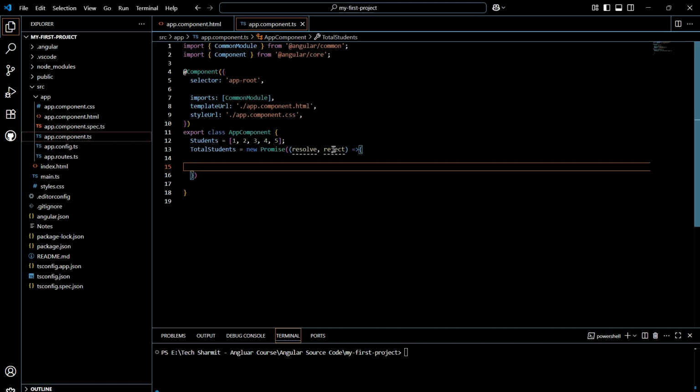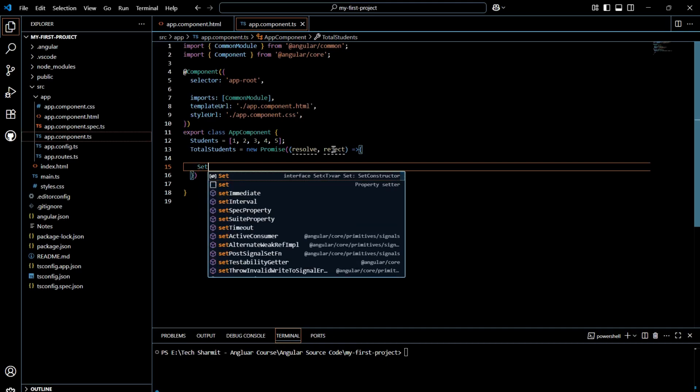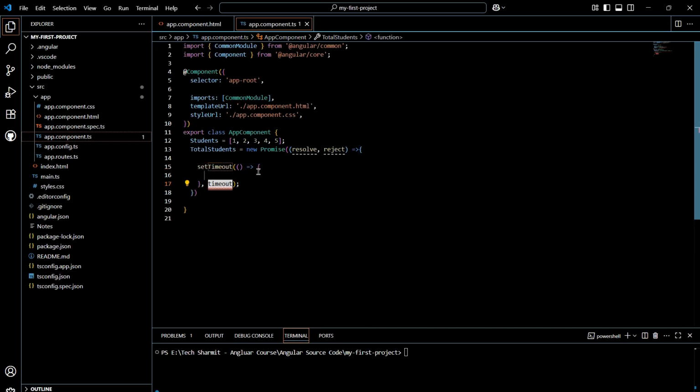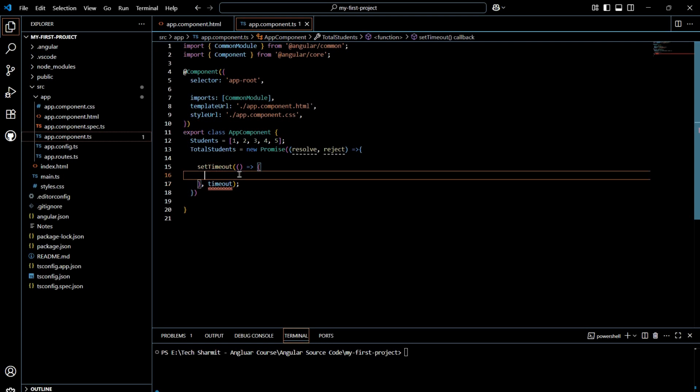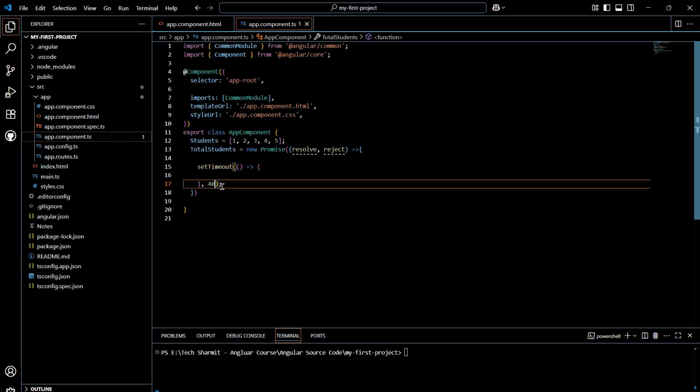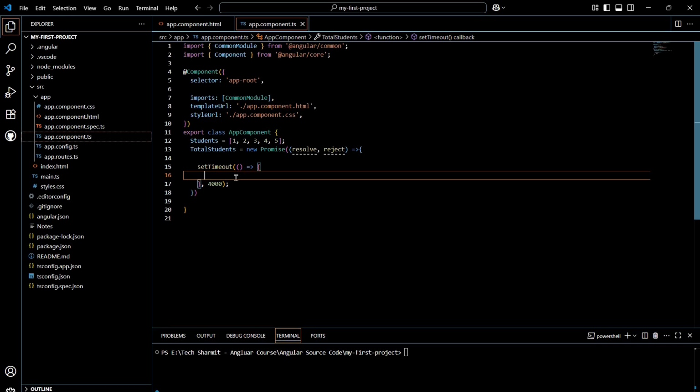Now we will set the time, so we will write here the setTimeout function. Okay, and in this setTimeout, after the curly braces, in this place you can put whatever time you want to use. Let's say I want to use 4000 milliseconds. Okay, this is milliseconds, not seconds. So inside this setTimeout, we will check if this dot